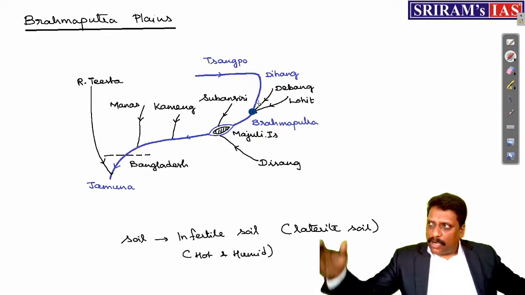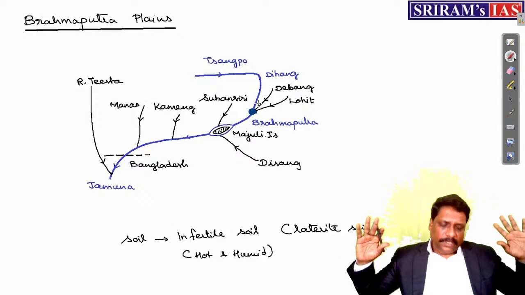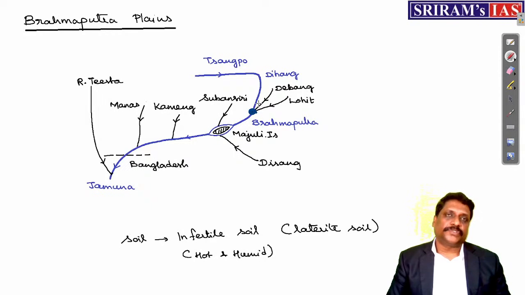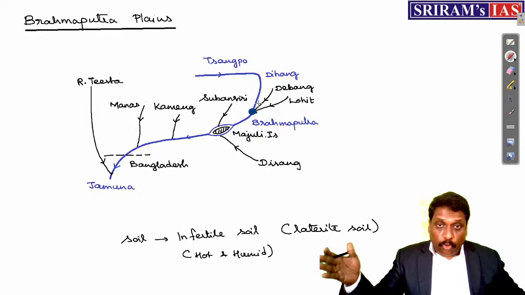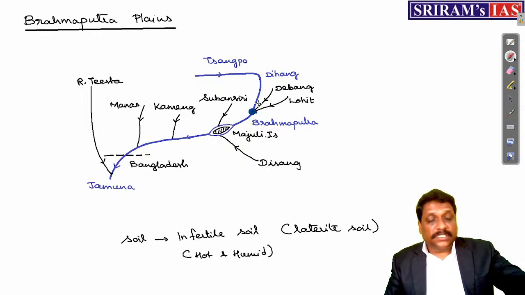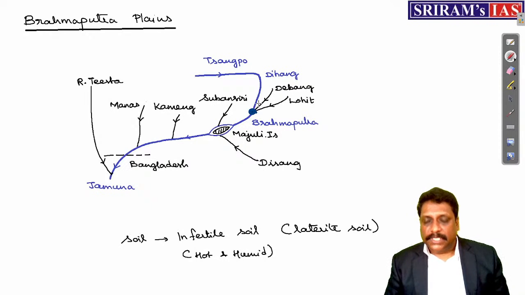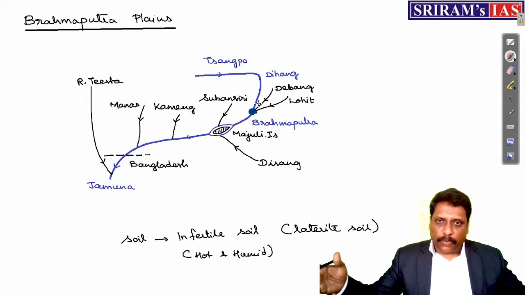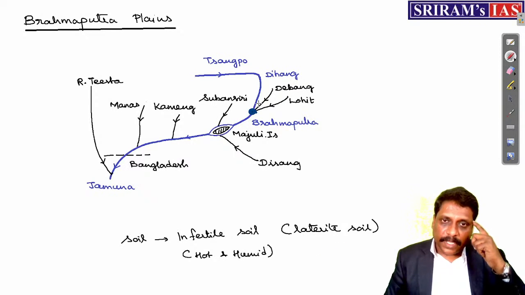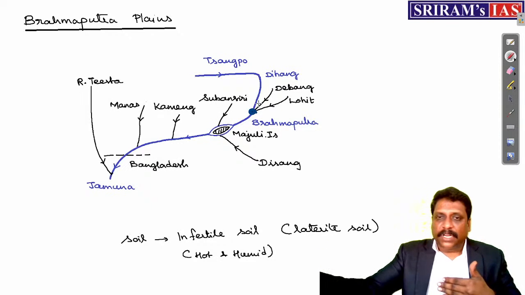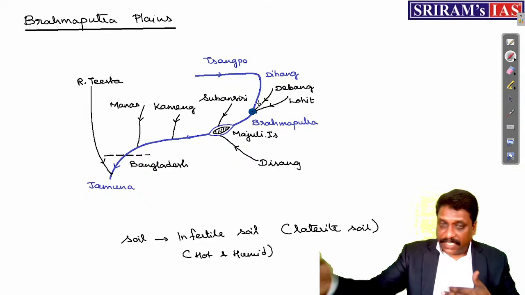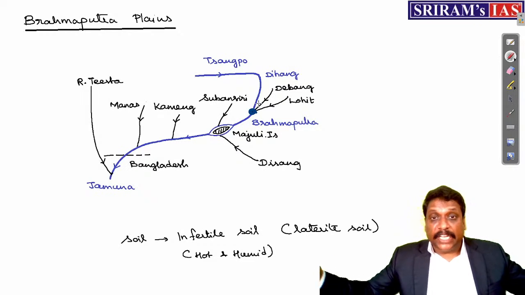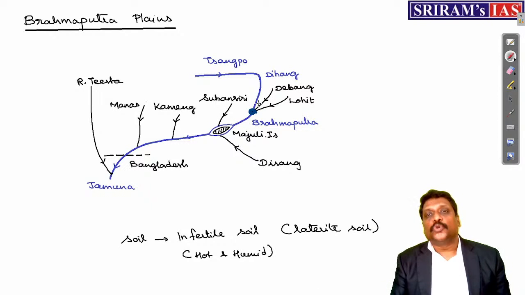Brahmaputra is regarded as the broadest river in India, accepted. Somewhere it sounds like exaggeration, but it is not an exaggeration, it is based on specific facts. The distance between two banks of Brahmaputra is more than the distance between India and Sri Lanka. For that statement, I am taking the maximum distance between two banks of Brahmaputra and the minimum distance between India and Sri Lanka, the distance between Dhanushkodi and Talaimannar. It is only 16 kilometers. But for the two banks of Brahmaputra, the maximum distance is 18 kilometers. You call it a moving ocean.